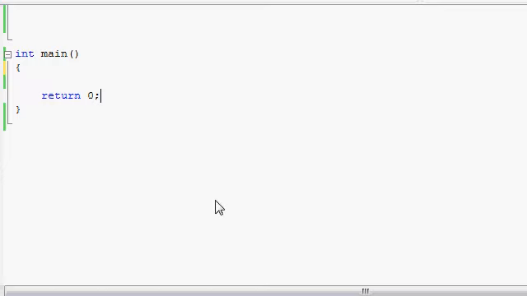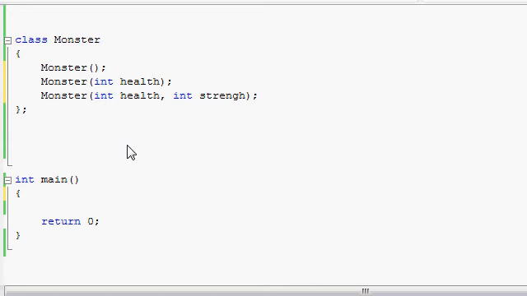Function overloading is also possible with your class's constructor. Just like you can have many functions and many class methods of the same name, as explained in the last video, you can also have many different constructors for your class. So for example, with this class over here, class monster, I made 3 different constructors because for some reason or another I need to have 3 different scenarios where the constructor will behave differently each time I create an instance